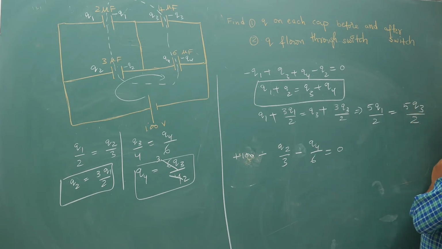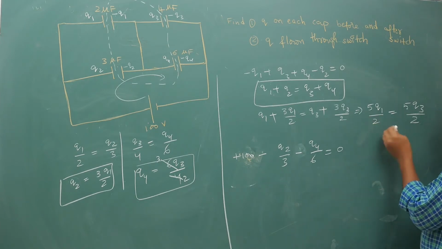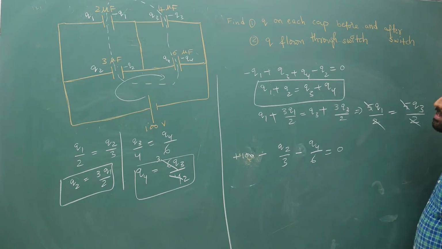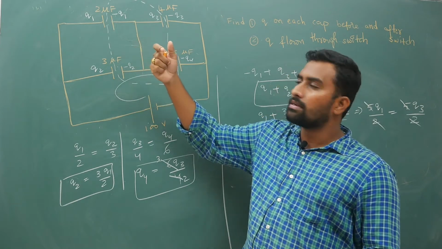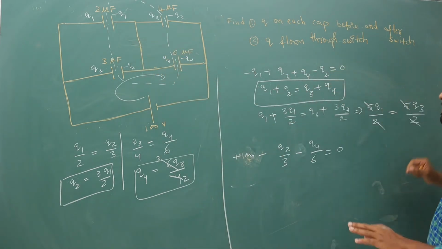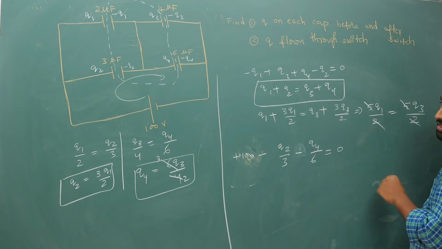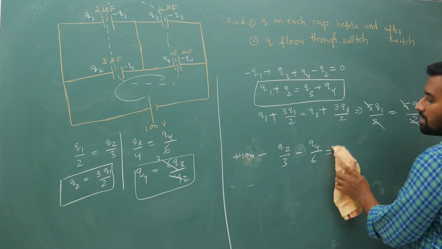So you are getting the same value, because it is kind of a Wheatstone bridge condition. My bad, I have directly made it easy. Actually, if this is a Wheatstone bridge, 2 by 3 is equal to 4 by 6. So you can remove this middle branch, so you will get q1 equal to q3. But if some other value comes also, you can follow this method. So q1 is equal to q3. If q1 is equal to q3, it's better I use the top equation.